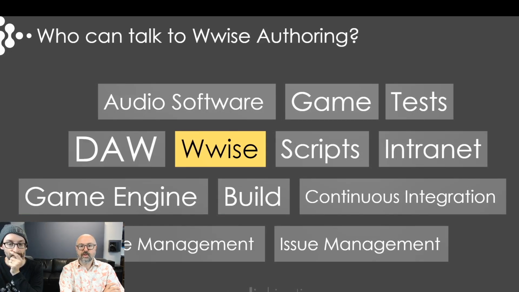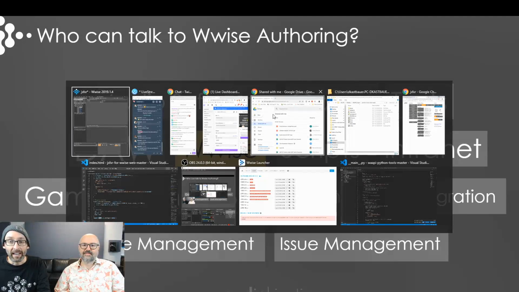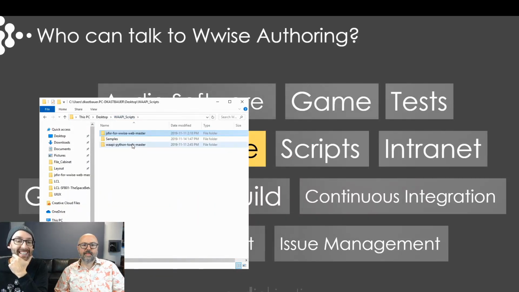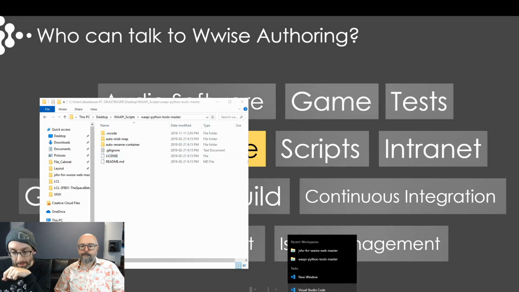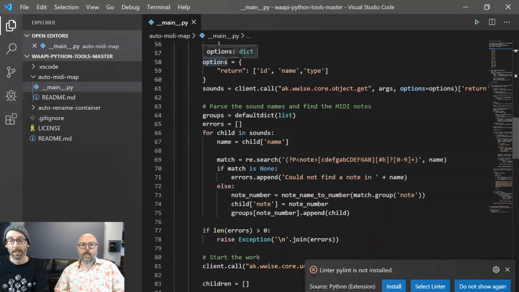Cool. Let's do another one. Okay, so that is the MIDI one. So let's do some MIDI. We downloaded together the WAAPI Python tools master branch from the same GitHub, and it's already opened in this VS Code here.